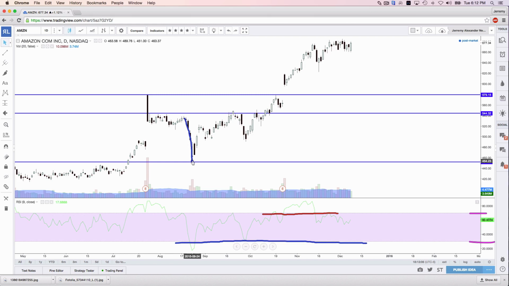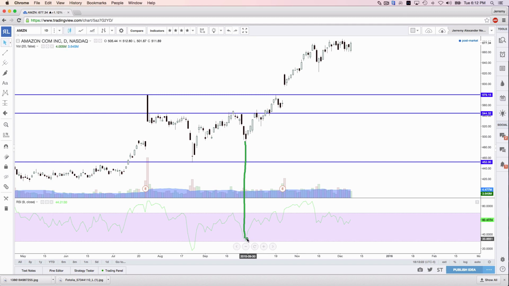If it's below 30, the exact same thing is true. You would say, all right, the stock has sold off. It's pretty well on its way to needing to pause a little bit. So if you're looking to get in bearish on a trade and the RSI is really, really low, case in point, let's check this part out right there. Notice RSI had gotten down to the 30 level. Amazon had traded up to this resistance, the same resistance that it failed at over here, and over here. It pulled back, RSI got to the 30, and then the very next day, boop,